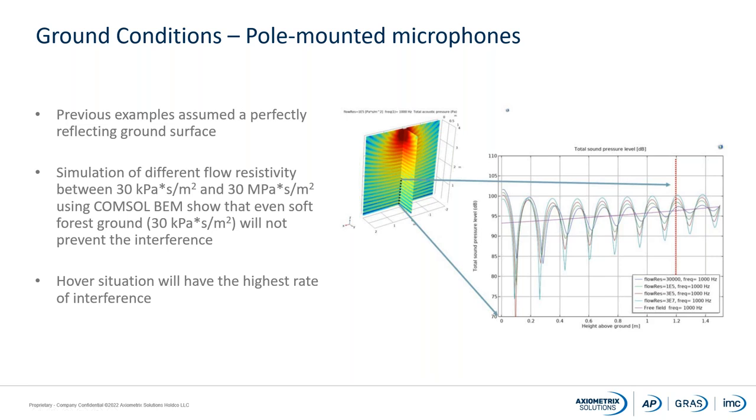So it will influence your measurement even on very soft ground. If you are on a football court or something like that, it doesn't matter. You will still have the effect of the interference from the soil. And this curve is showing here that the closer you come to the ground, the more influence you will have. So at 0.2 meter, you will have a bigger impact from the reflecting wave.